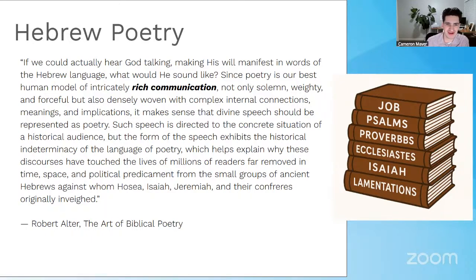So this is from Robert Alter, who's a biblical Hebrew scholar. If we could actually hear God talking, making his will manifest in words of the Hebrew language, what would he sound like? Since poetry is our best human model of intricately rich communication, not only solemn, weighty, and forceful, but also densely woven with complex internal connections, meanings, and implications, it makes sense that divine speech should be represented as poetry. Such speech is directed to the concrete situation of a historical audience, but the form of the speech exhibits the historical